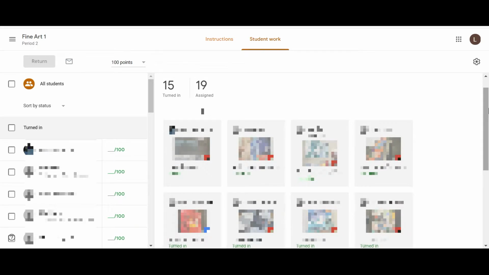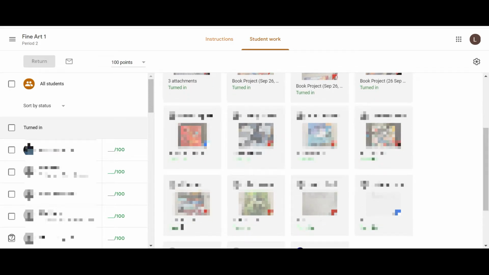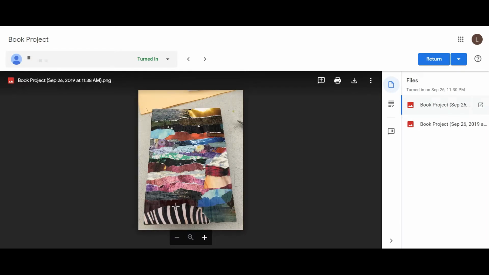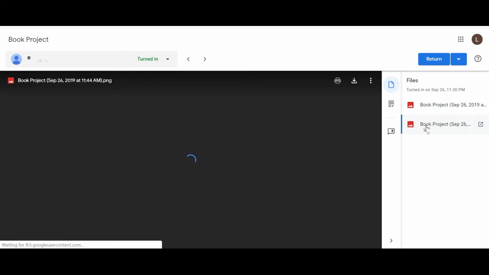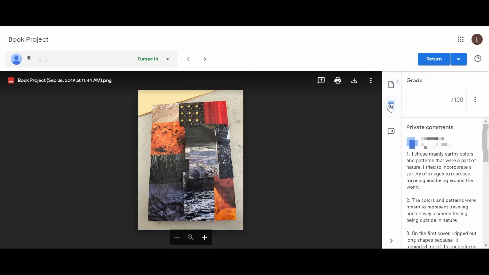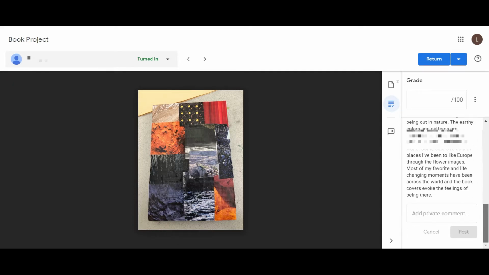If you are ready to go ahead and grade the projects, you just click on the project that you would like to grade. And here is the image of this particular project. And this person submitted 2 images, the front and the back. And then if I click right here on grading, here are her questions that she answered right here in the